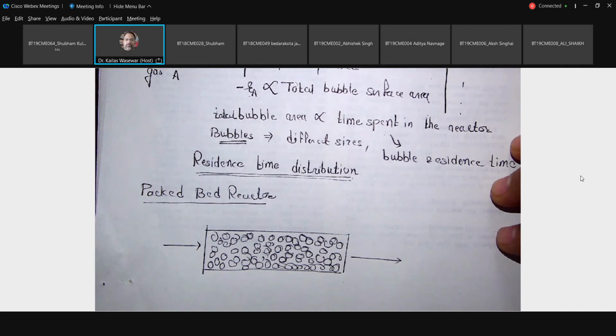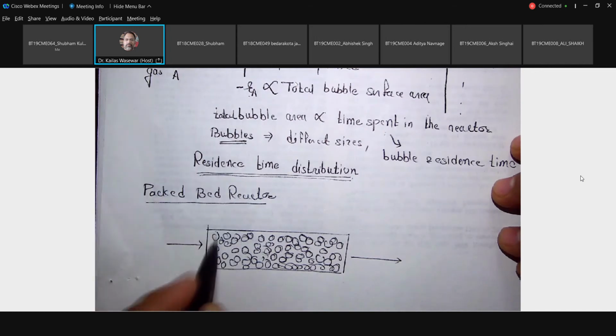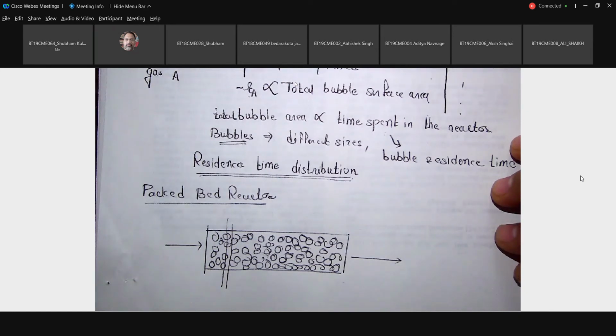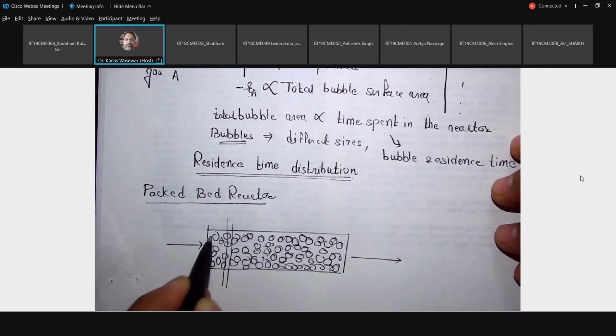So here the reactant fluid usually does not flow through the reactor uniformly. If you cut it in a particular slice and find the void volume, it will not be the same at all places. That means the flow distribution will not be uniform. Also, a section may offer resistance to flow, but not necessarily the same resistance at this point as at that point. So the resistance will also be non-uniform.